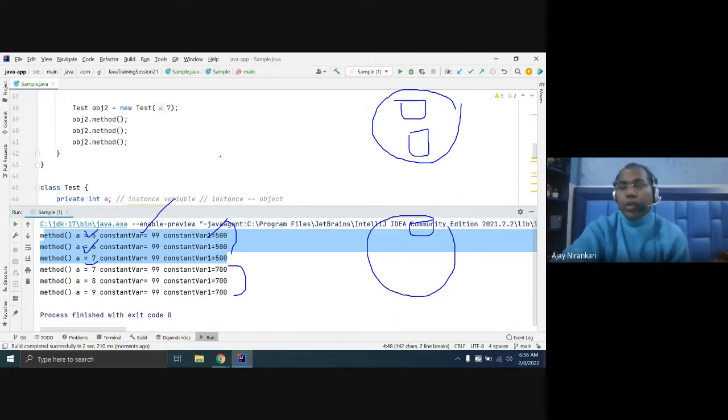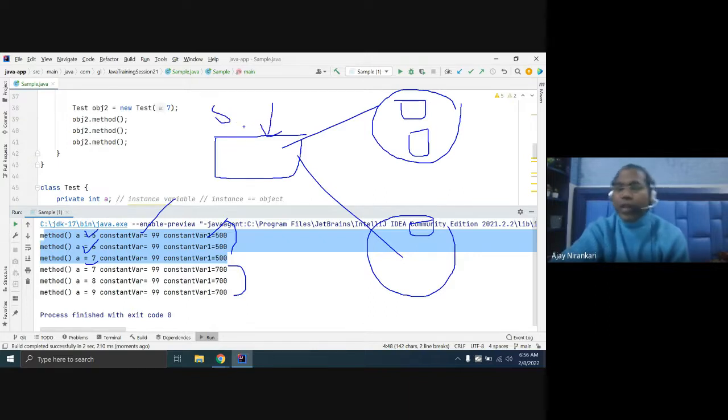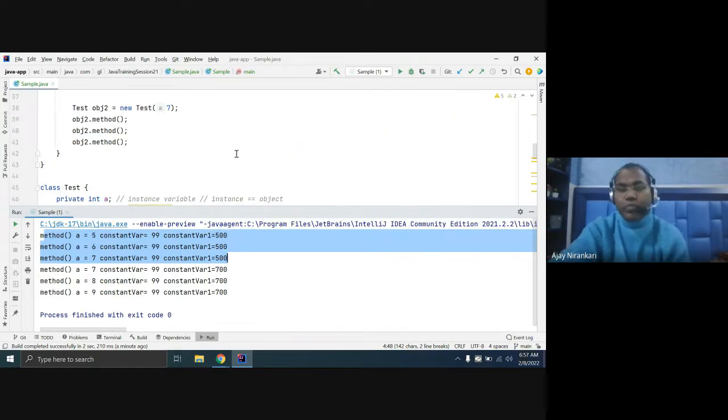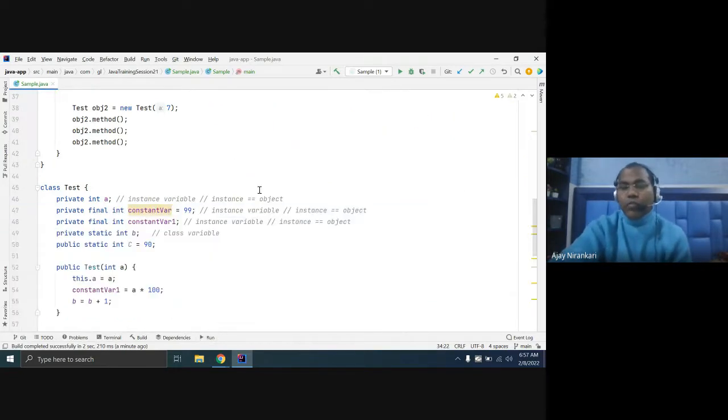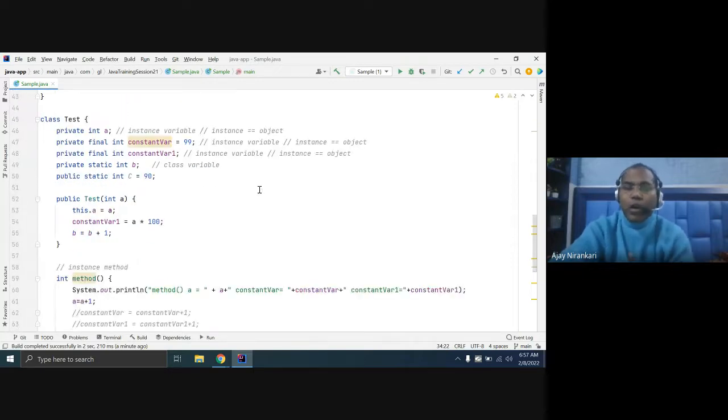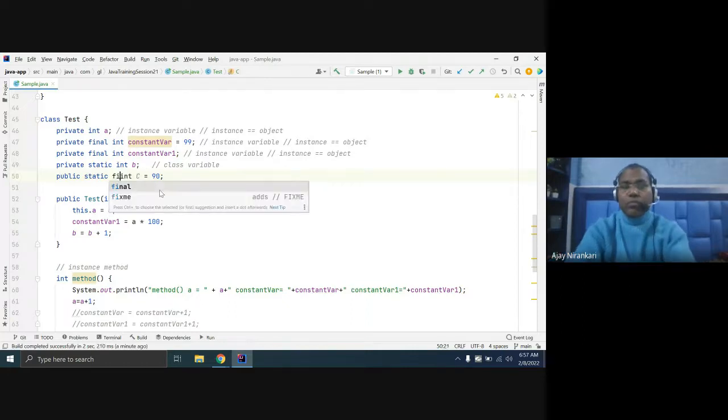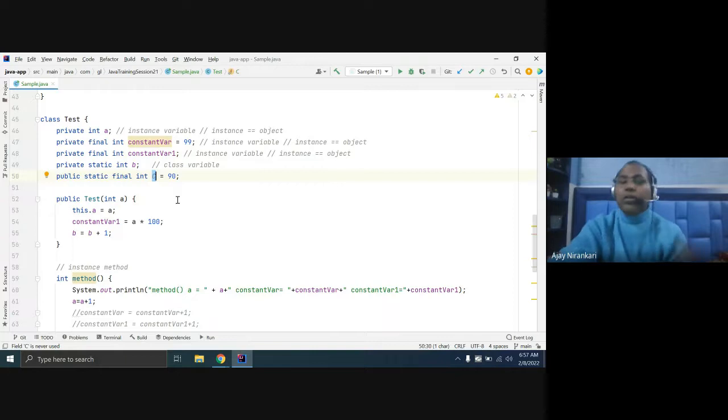Sometimes you want to create a constant for all the objects. Constant should be for this, should be this. So this should be your static. Any static variable you can declare as final. So second option, sometimes we want to declare one variable final for all objects of this class. Whatever this count is, just mark it as final. So this variable C is final for all the objects. Anyone cannot change this 99.